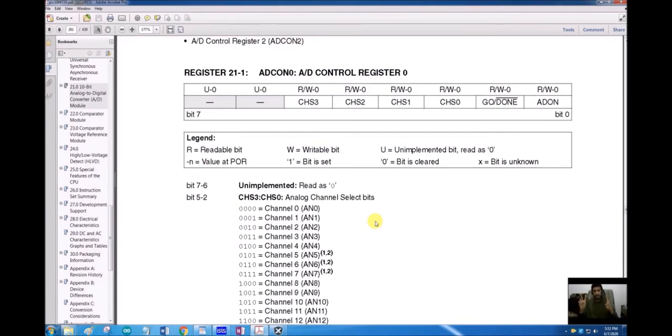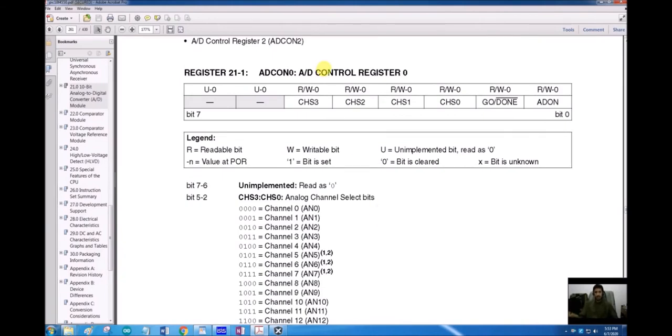So there are two things. There can be maximum 13 channels, but we don't have to configure all of them as analog inputs. We may want to use only 2 channels and we want to use the rest of the 11 pins as digital input outputs. So we can first configure out of those 13 pins how many channels do I need. First I will configure that using a separate control, and then out of those activated channels, which channel is going to be converted to digital. So this is a two-step process.